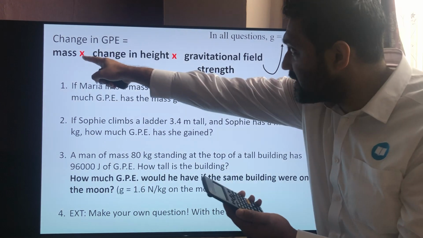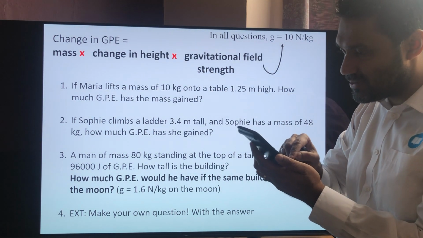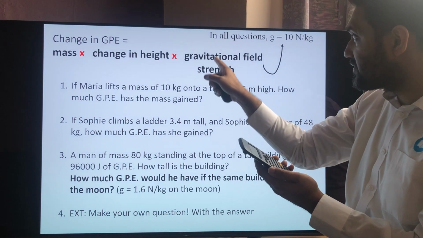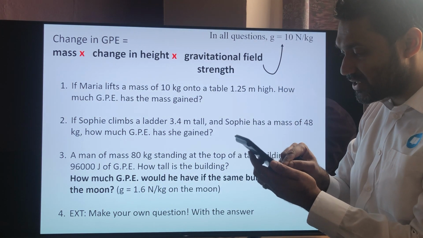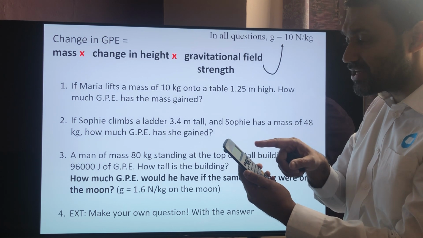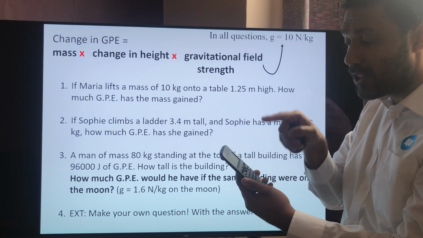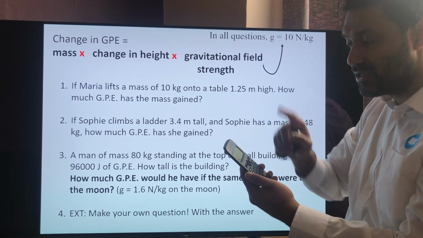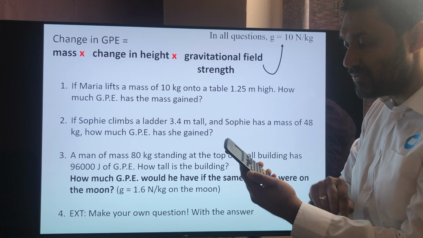So it's 80 for the mass, times by 1.6 for my gravitational field strength. I'm going to close the bracket and press equal. In my calculator it reads 96,000 divided by, open bracket, 80 times 1.6, close bracket. Then I press the equals button and I get